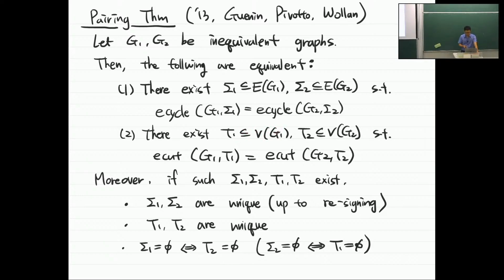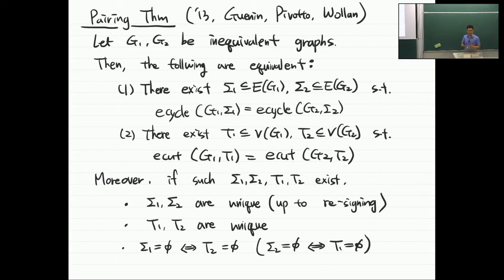And 2: there are terminals T1, T2 of G1 and G2 such that (G1, T1) and (G2, T2) represent the same even cut matroid. So this implies that